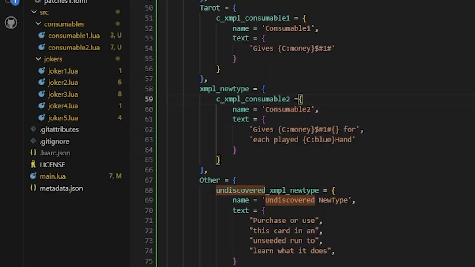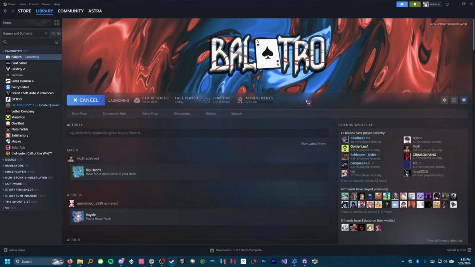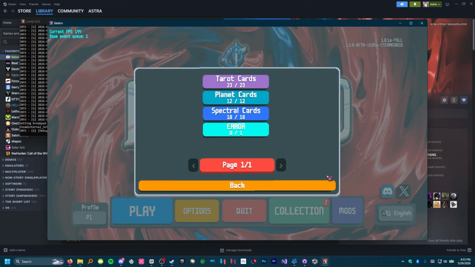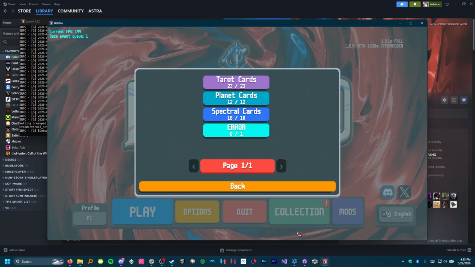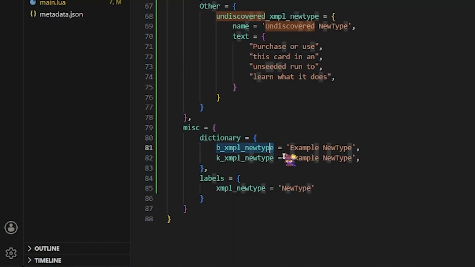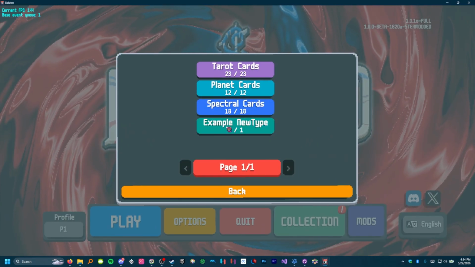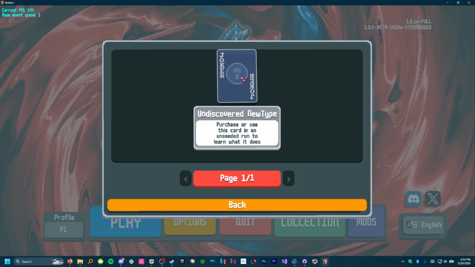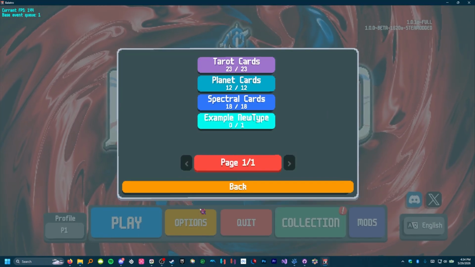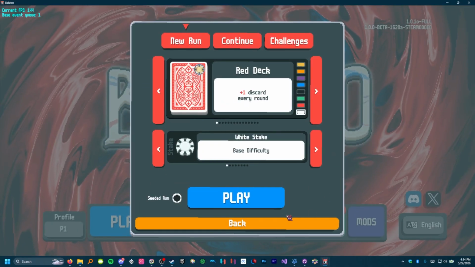Now let's go in game, see if he works properly, which I hope he does. Go to the collection, consumable types, error. That's not right. Ah, that's what I did wrong. Forgot to add cards to that. There we go. There's our example new type category. Undiscovered new type. And if I go to the run,